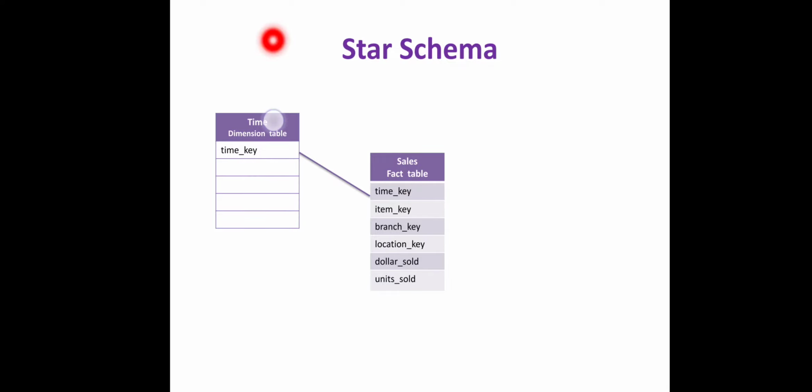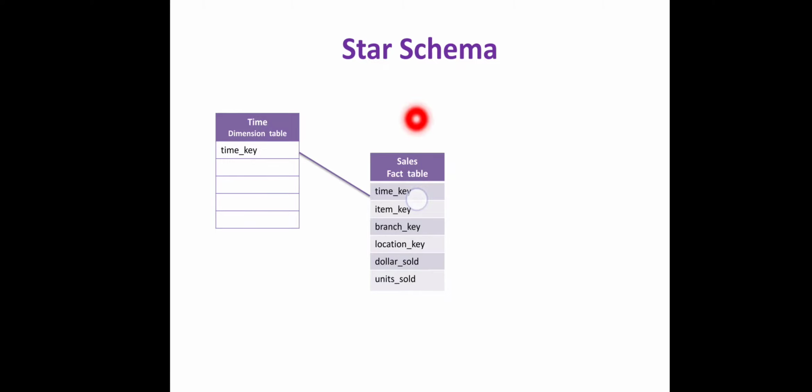Whenever I say time key, it is one of the dimensions of the fact table. So, this time key should have its own dimension table. Here we can see the dimension table of the time key. This time is the dimension which I have stored in the fact table. This dimension table has different attributes. The first attribute is the same as mentioned in the fact table.